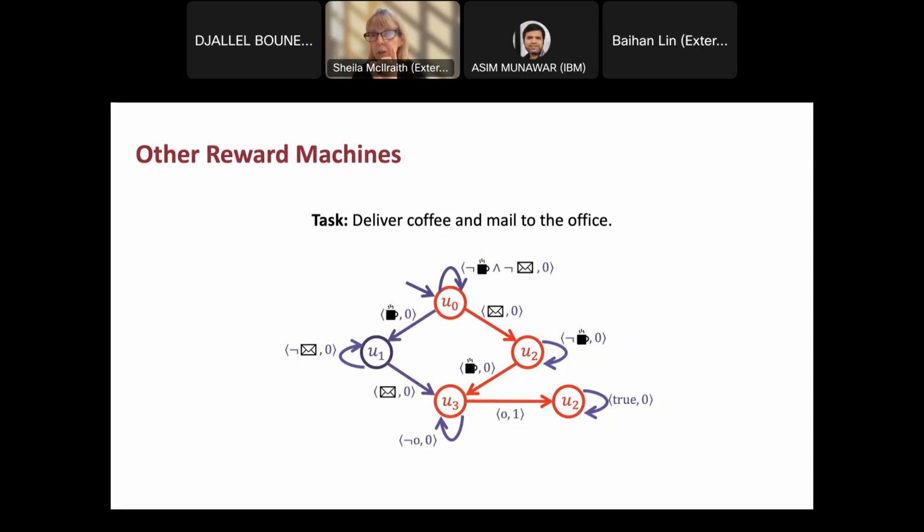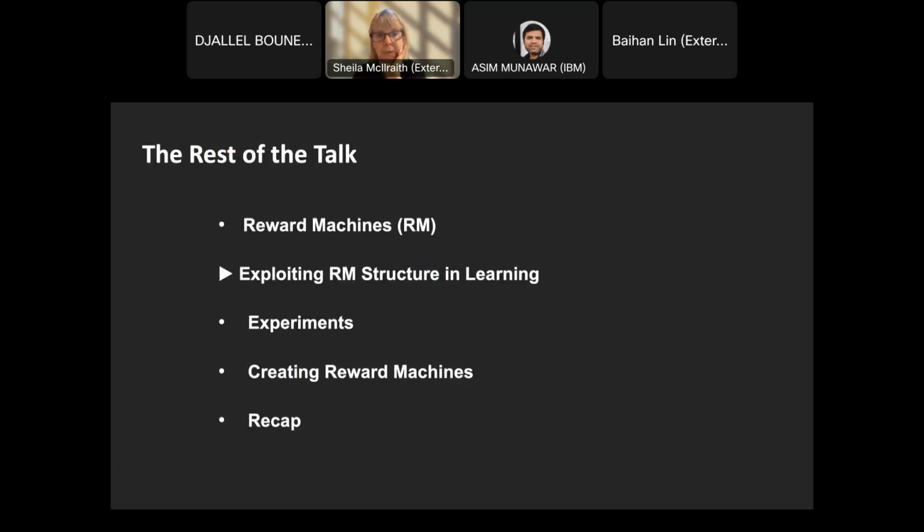These reward machines and these automata structures are as expressive as a regular language. So they're very expressive. They can express everything that was in that simple Python code we saw, and much more. So hopefully I've convinced you that we've done a lot of work in reinforcement learning with linear temporal logic proper. I'm talking about automata today, but I hope that I've convinced you that these languages and their relationships to automata provide a very rich language for expressing complex temporally extended behavior.